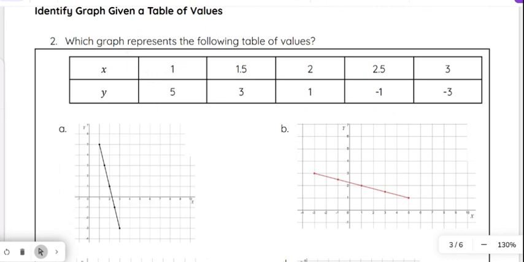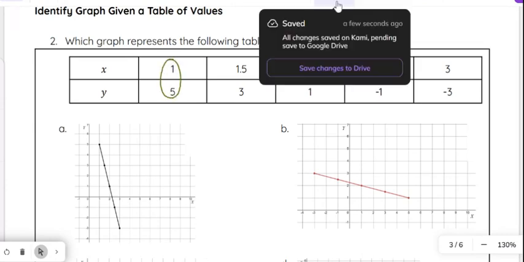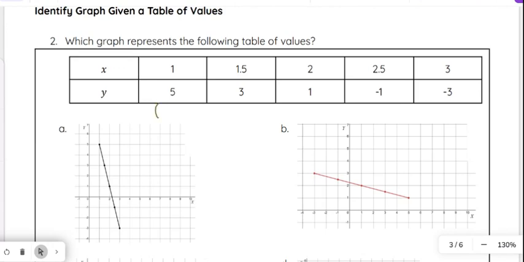All right, so our second example is going to be pretty much the same thing as what we just did. It's just written as a table instead of a set of ordered pairs. Remember that in a table, our x and our y that are matched together are really representing an ordered pair. So this is the ordered pair (1, 5). This is the ordered pair (1.5, 3). We've got (2, 1), (2.5,